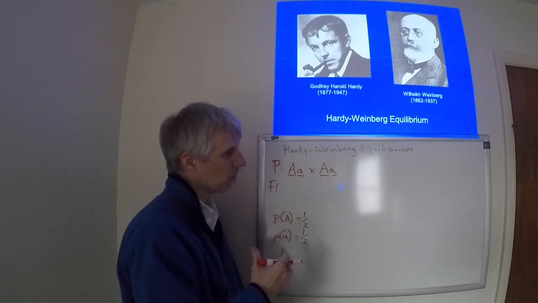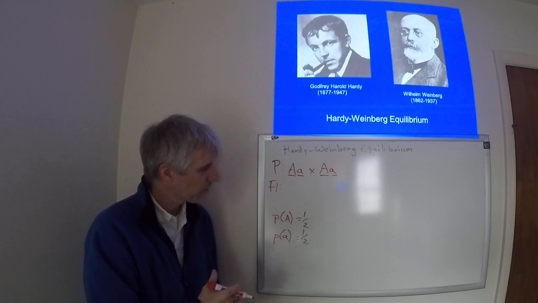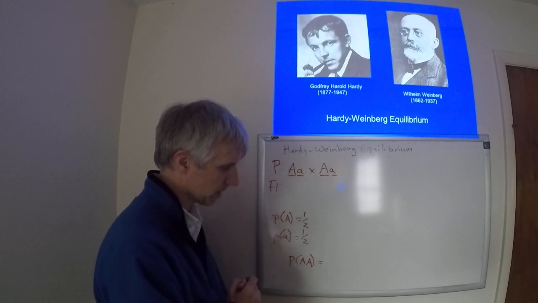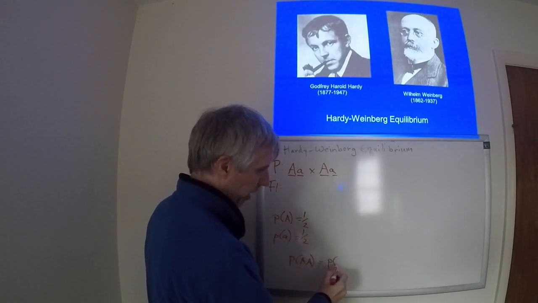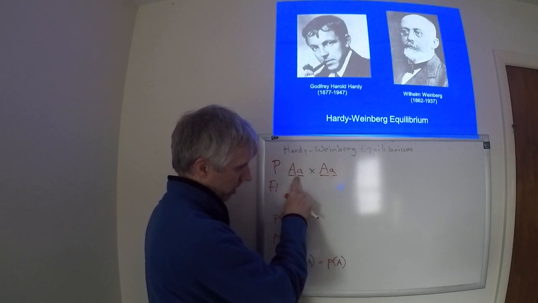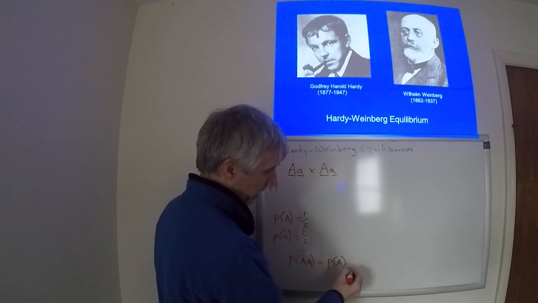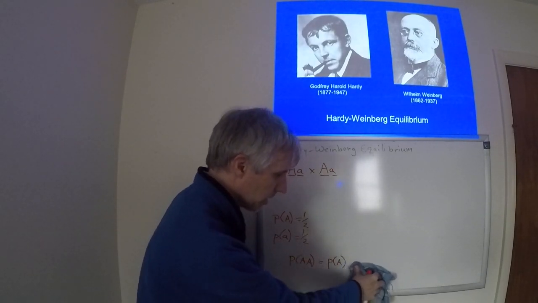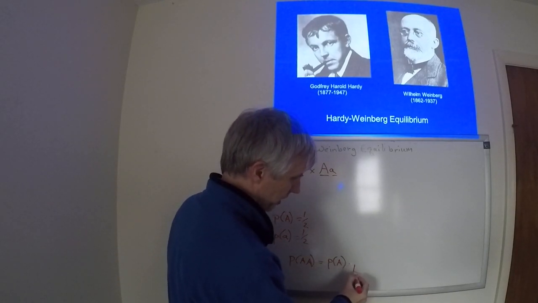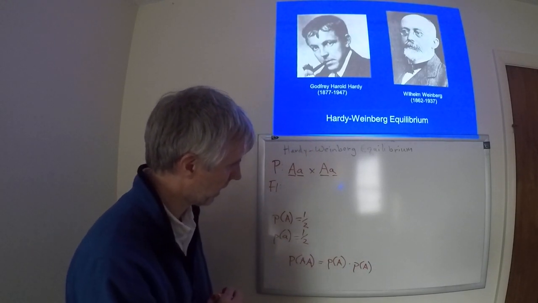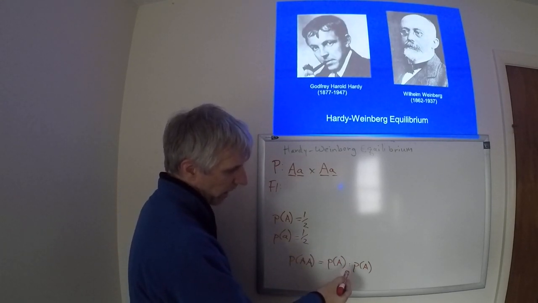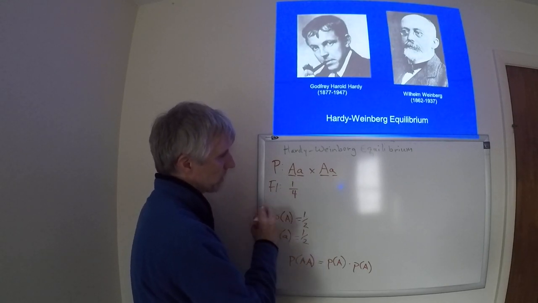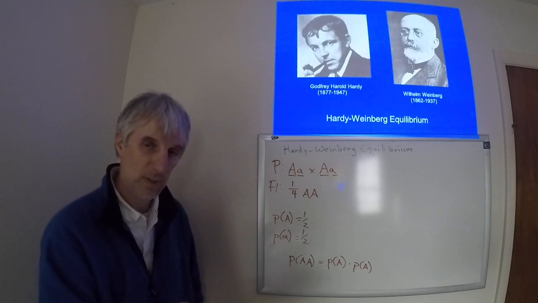The same probabilities hold for the other parent, so the probability of generating an individual that's homozygous dominant would be the probability of parent 1 contributing a big A multiplied times the probability of parent 2 contributing a big A to the next generation. Okay? So if this probability is 1/2, that's 1/2 times 1/2, or 1/4. So the probability of getting this genotype is 1/4.